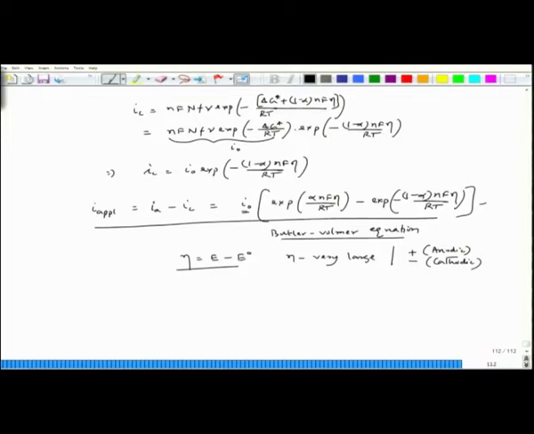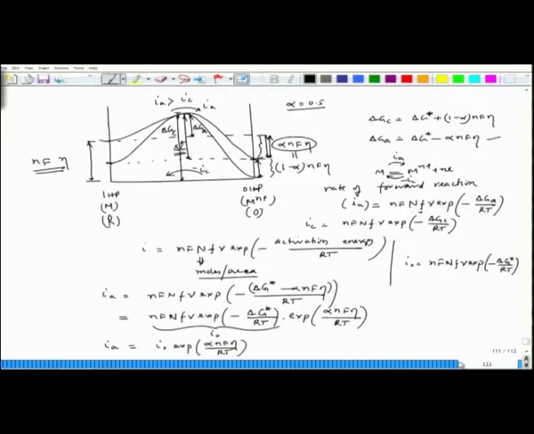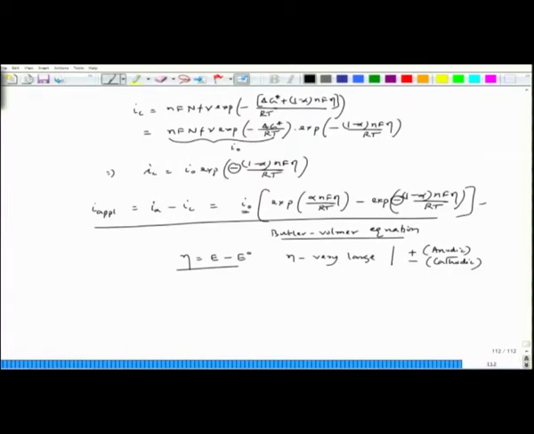Interestingly, if you see that here there is a negative sign and there is a negative sign here. So, that means the potential actually goes down from the reversible non-corroding potential. In the anodic case, where we have a positive sign in front of it, that means the potential should go up from the reversible potential. But if I look at this equation, let us say eta is positive, large positive,